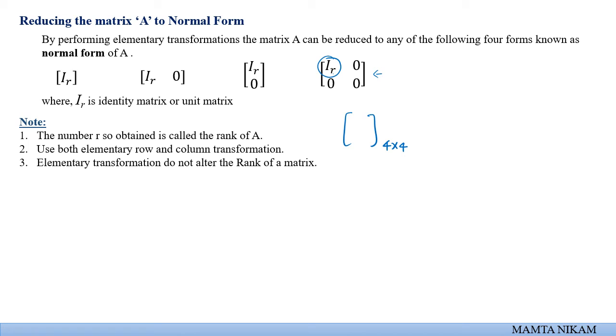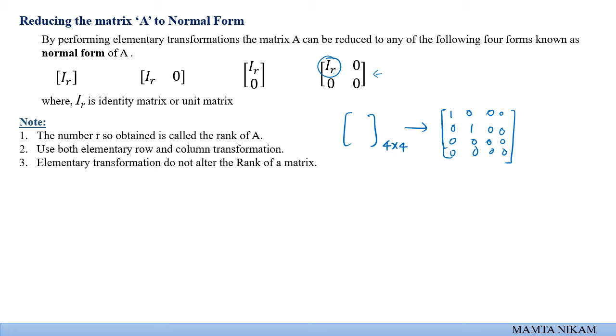On performing these transformations, if the matrix turns out to be an identity matrix like this, and the last two rows and the two columns turn out to be 0,